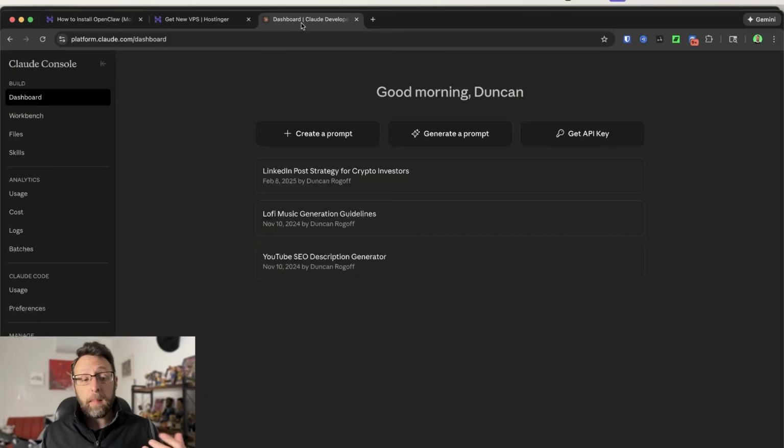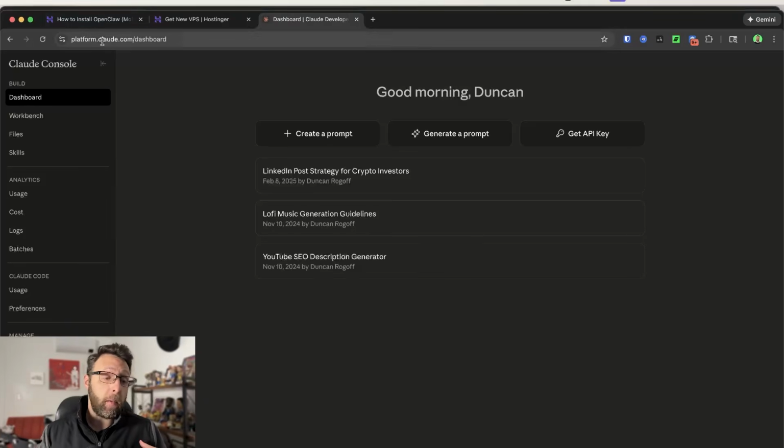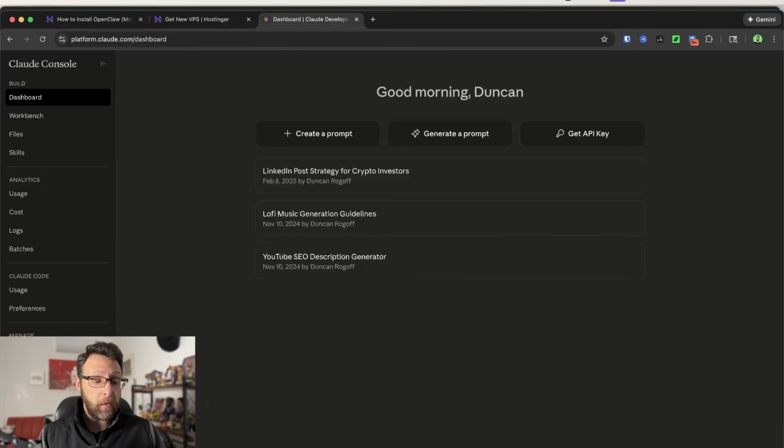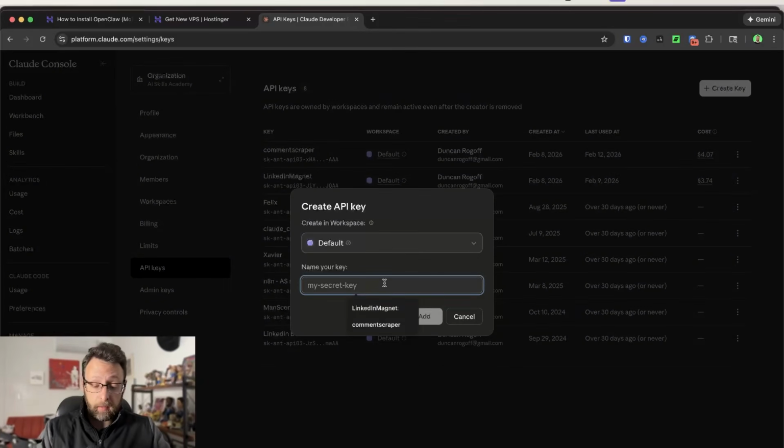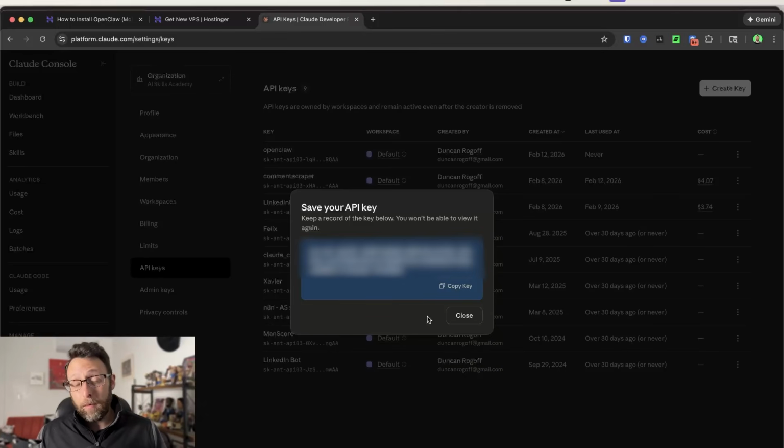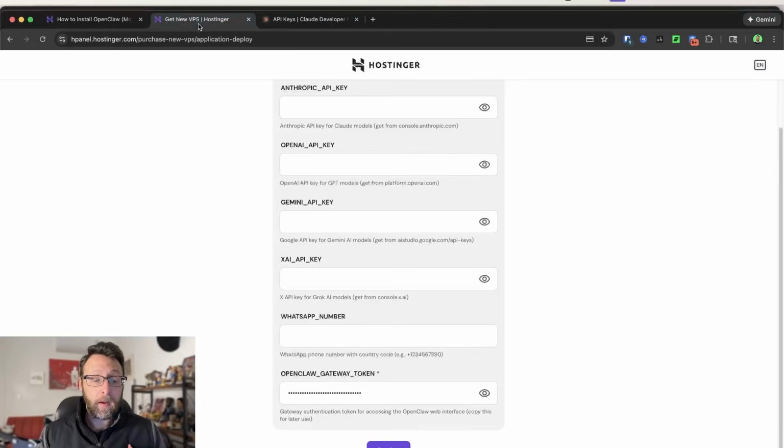To get your Claude API key, if you've been using Anthropic, just come over to platform.claude.com and come down here, go to API keys. I'm going to click create key, and just name this OpenClaw because that's exactly what we're going to be using it for. This is a great way for you to track how much you're spending on OpenClaw. So just copy your API key, come back over here, paste in your Anthropic key,